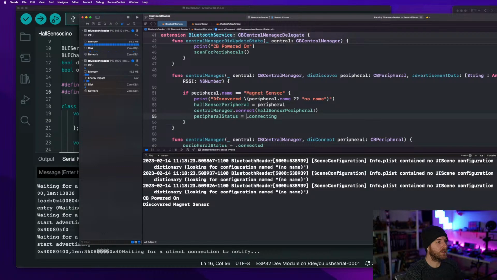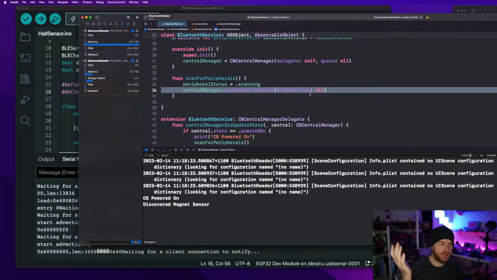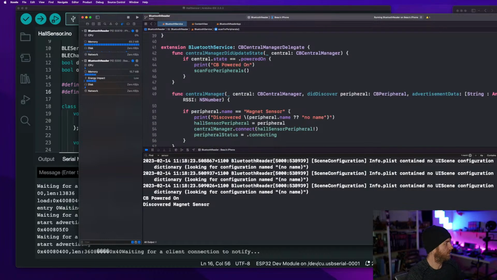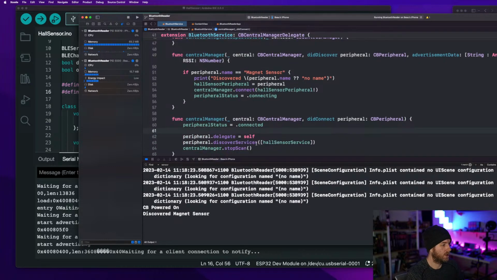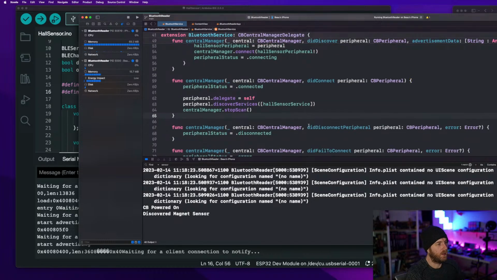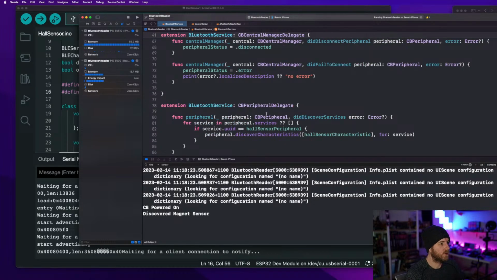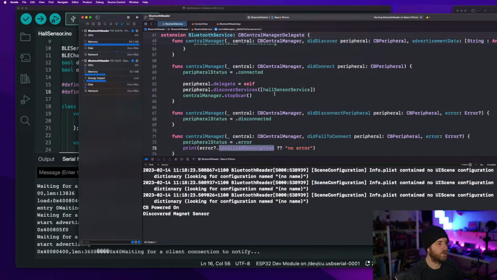So all I've done here is I am looping over every device we can find. For some reason, when I provide it with a service, it's not working. So we're looping over all of them. We're finding them. We are connected to them. The peripheral status will update for that. And we're now calling Hall sensor service. And it looks like we're not getting an error or anything, but what we really need to do